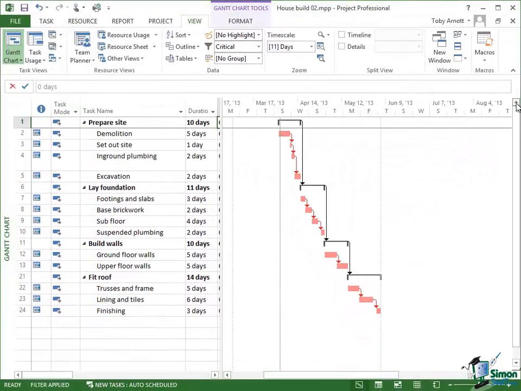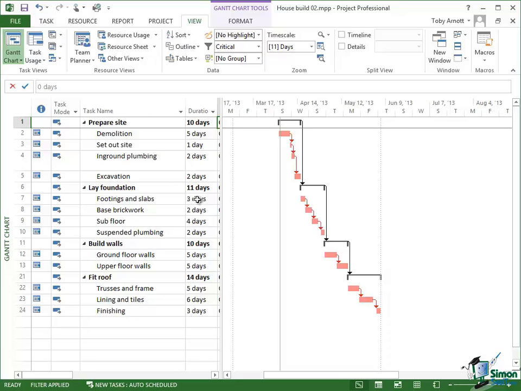Shortening the critical path is something that a project manager will do quite a lot when they're using Microsoft Project. Now there are a few basic possibilities, but if we start at the very highest level of possibilities, given the critical path as it is now, you can either shorten some of these tasks. So a task like demolition, 5 days, could I do it in 4 days? A task like footing and slabs, 3 days, could I do it in 2 days? And so on. And by reducing the duration of the tasks, I can reduce the length of the critical path,